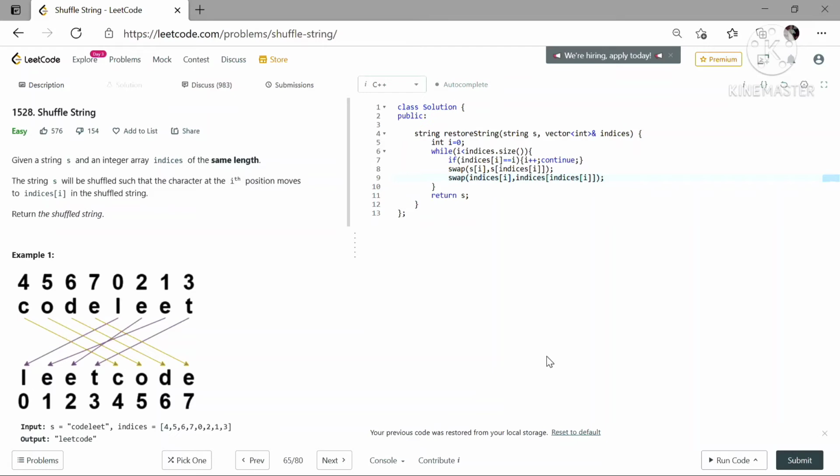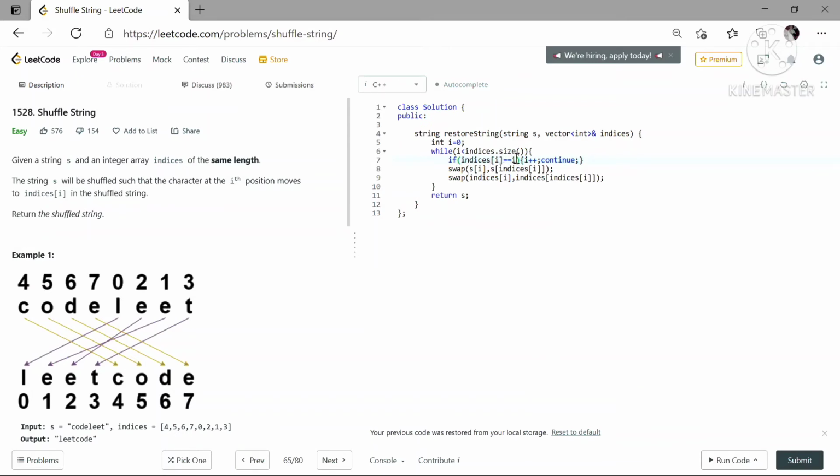Here I have written the code for the second method, that is the efficient one. This is based on cycle sort. Here you can see that we iterate through all the elements in the array indices. What we do is check whether the element at I is at its correct position or not.